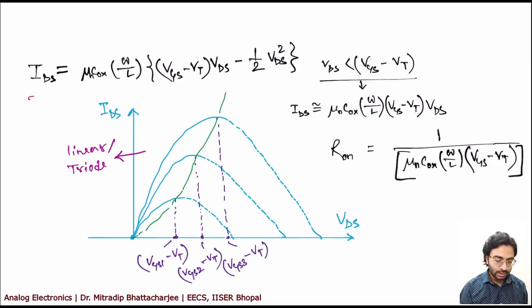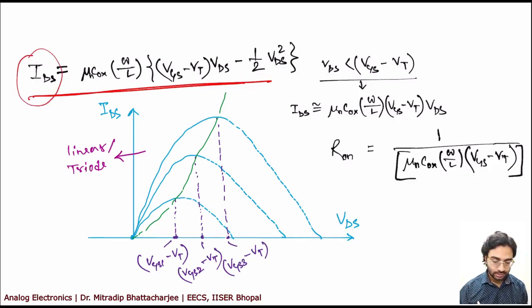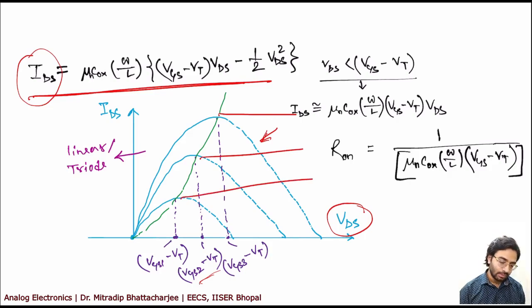And I also have shown you the graph of IDS versus VDS in linear region, and this graph looks like this. However, remember this part is not valid because after VGS minus VT, if your VDS becomes greater than this value, you reach into the saturation region and it has a separate equation, right? After that it starts saturating. But this curve will give you the idea why your actual output characteristic looks like this.